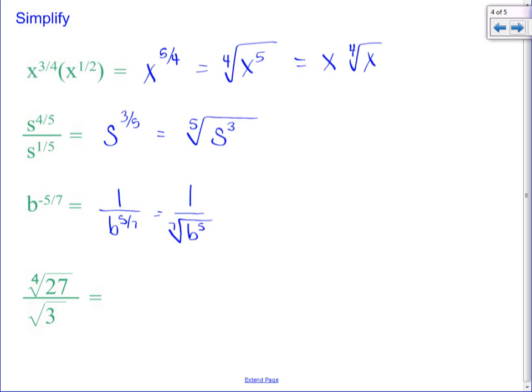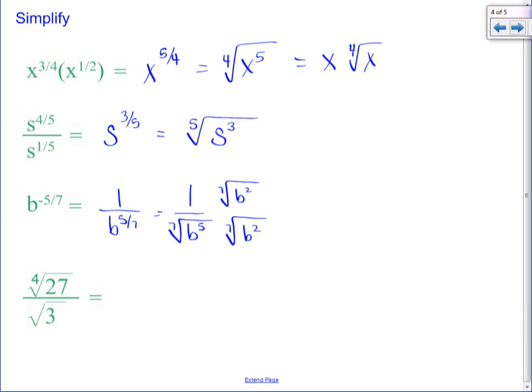Now we learned in our last section that we can't have radicals on the bottom. First of all, can we simplify that at all? How many more b's do we need in order for this root to go away? 2 more. So that's what we're going to multiply top and bottom by. So we've got the 7th root of b squared, 7th root of b squared,